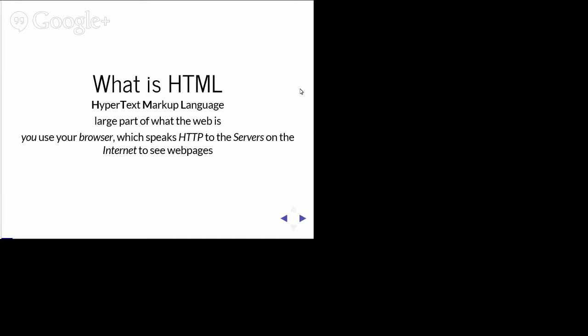So, a very quick introduction to how the web works. If you don't already know, this is you. Okay, I'll draw a girl. You are using your laptop, and on it is, okay, I'm trying to draw Chrome, but I can't really draw it well. You're using a browser that speaks the language that is HTTP to a server, which can be a Google server,